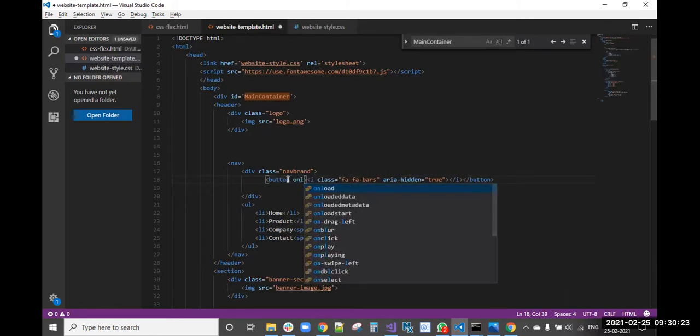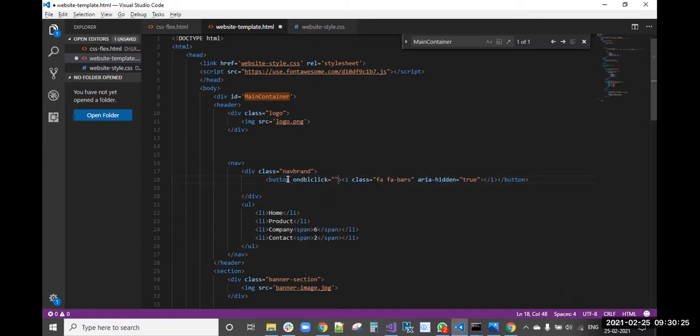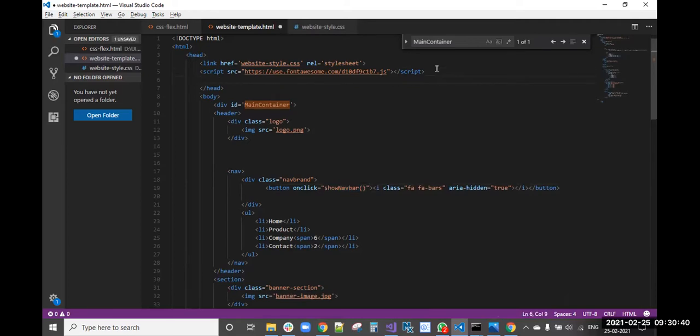Now onclick. Okay, we have onclick. Now this is the method I am writing inside the script.